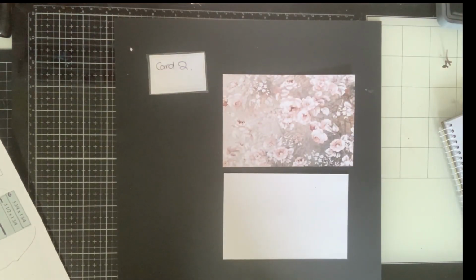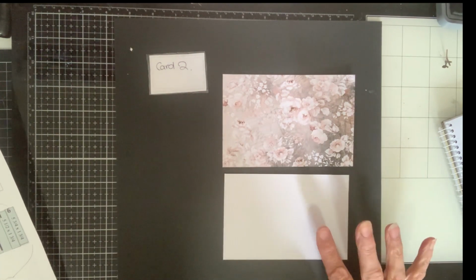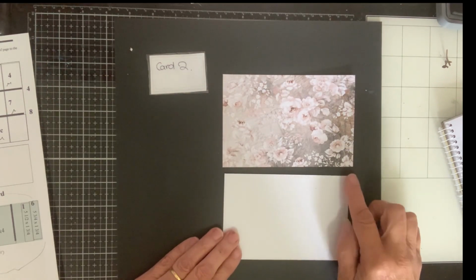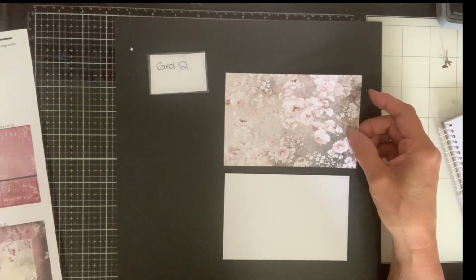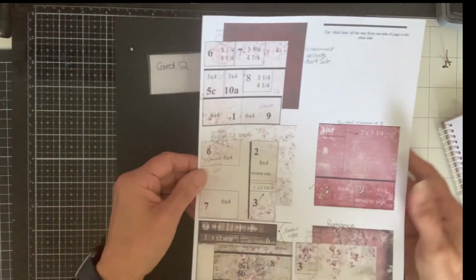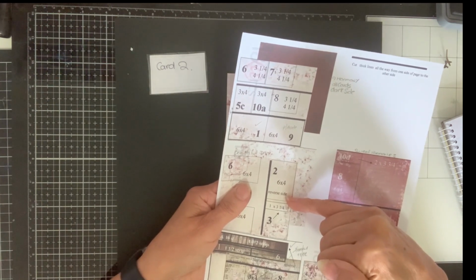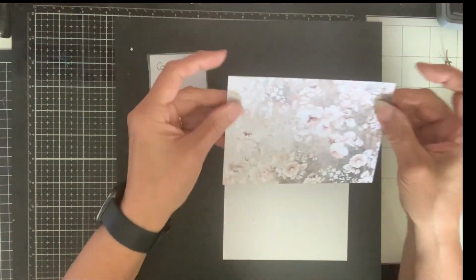On to card number 2. This is an easy photo mat card that I have done. All I have done, I have got the 6x4 that was cut here, and I've trimmed it down to 5 3/4 by 3 3/4 to give me that little border. And this particular card here came from the beautiful paper, which I have just done a slice all the way down, and I've used that top right hand corner there,